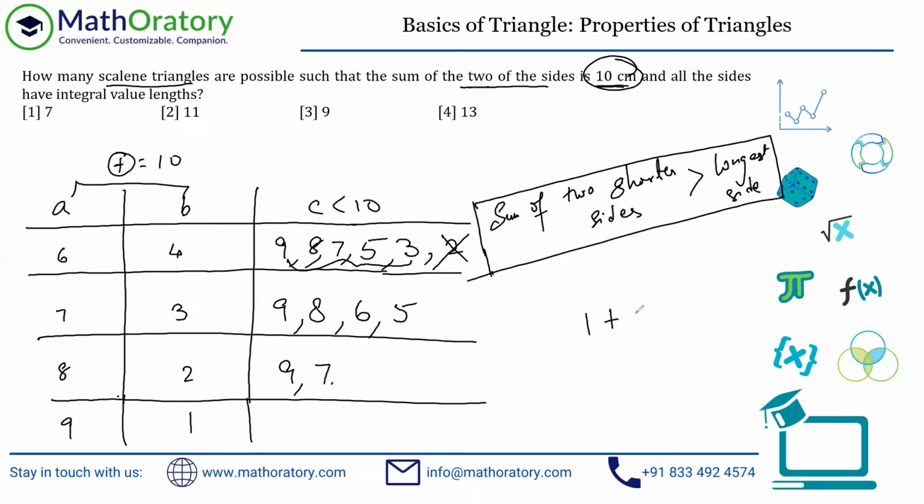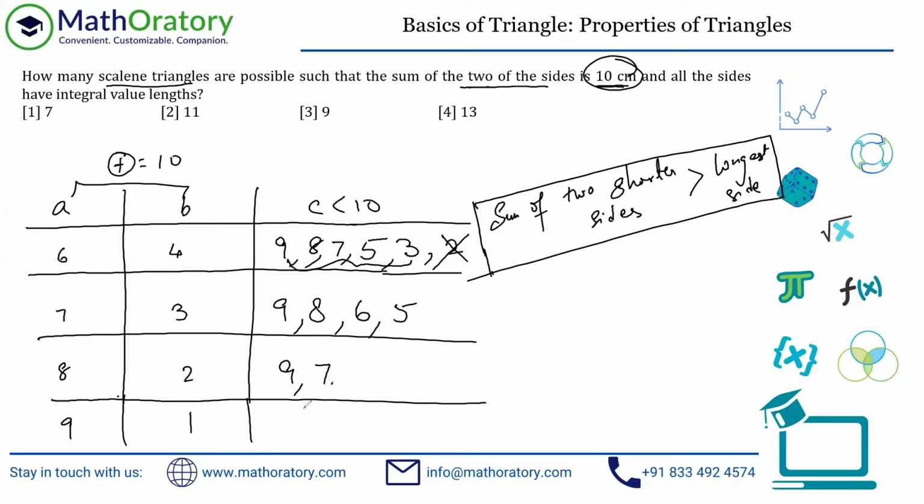And even if you consider the other side to be any value, what can this value be so that 1 plus a is greater than b? I mean, it's never possible, right? Even if you take consecutive values here, it will be equal, right? It will never be greater than. You can check this out with this example.